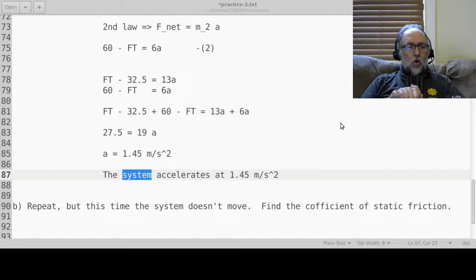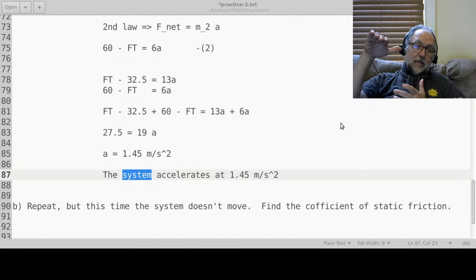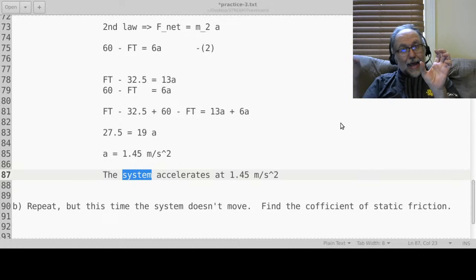Not because I don't want to go over too much more, but because maybe you should think about the static friction. And also, I want to pick up from this point on Friday, because on Friday I'm going to do a very similar problem, but instead of putting it on a flat table with a dangling mass, I'm going to put it on an incline. So we're going to have an inclined mass on one side and a dangling mass on the other side. And there's also static friction there. Since static is also a little bit tricky, I'd like you to